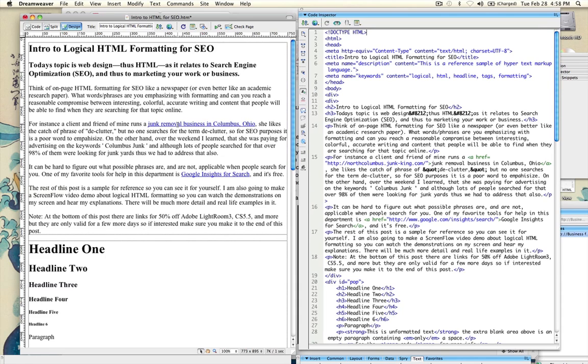I choose to kind of rotate them a little bit, so this being a friend of mine, I chose to emphasize junk removal business in Columbus, Ohio, because she's geographically based, and this is exactly what she does. So any text, just be as descriptive as possible when you're making a link, and basically try to apply formatting logically as if it was headlines or on an article, or like in a newspaper or in a term paper, for instance. So as you continue down, you can see here the examples from the more template style stuff, where